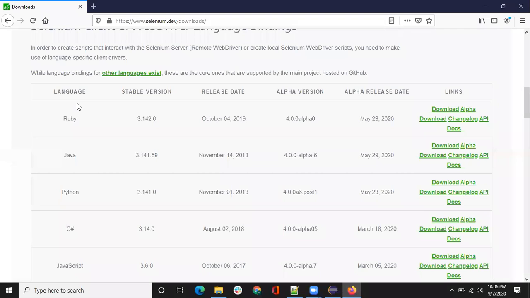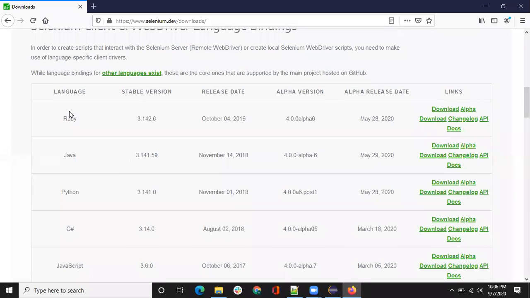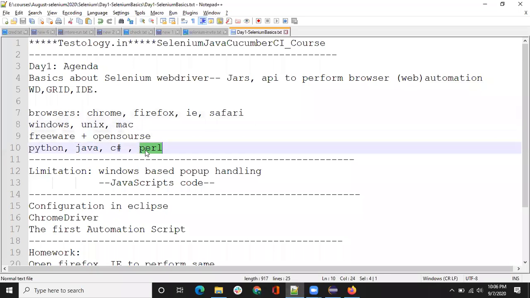So see here, it supports Ruby, Java, Python, C Sharp, JavaScript. Okay. These languages it supports. Sorry, I made a mistake. It's not Perl, it's Ruby. Okay,